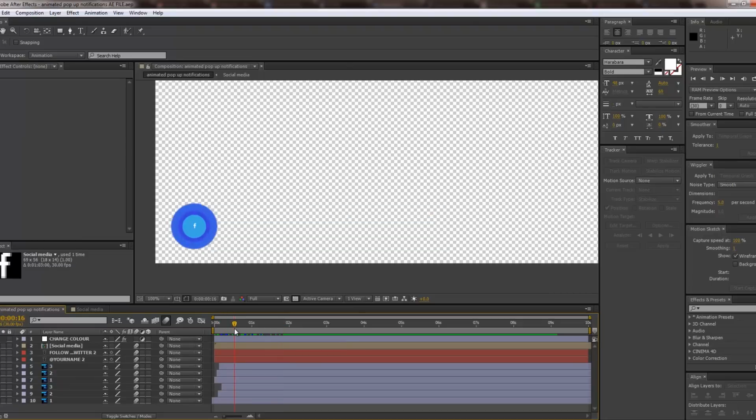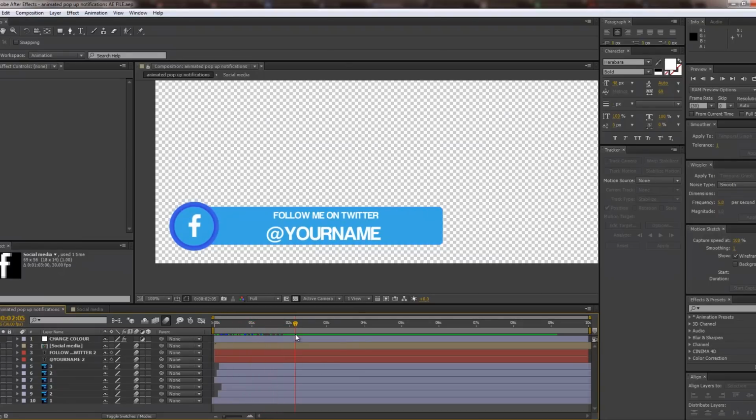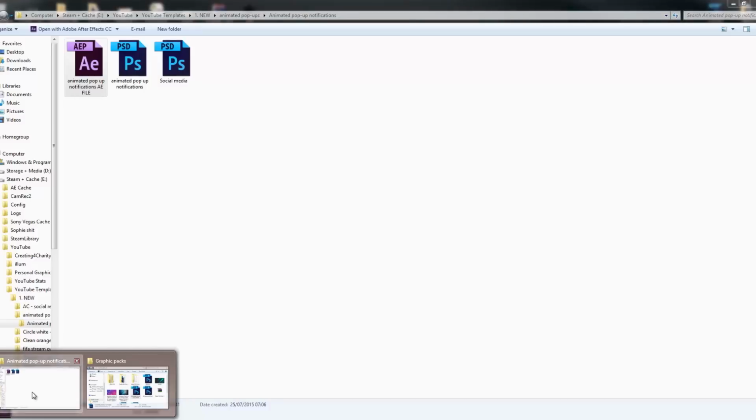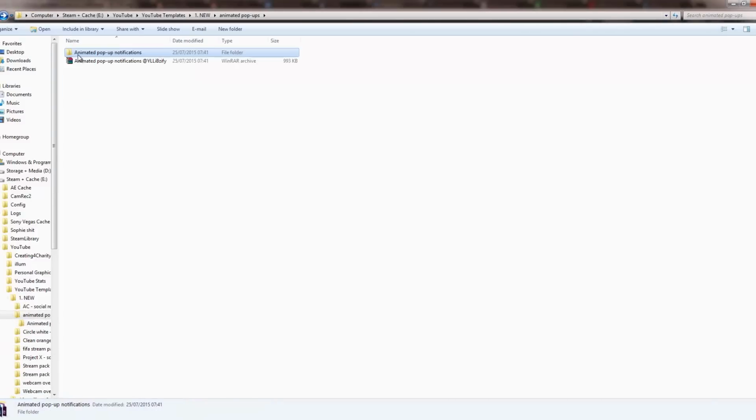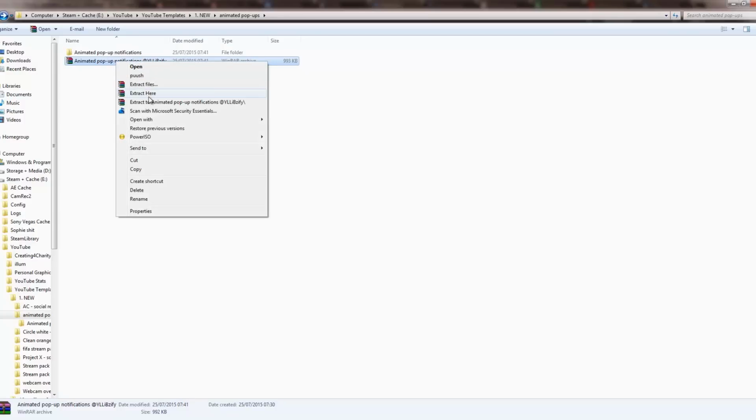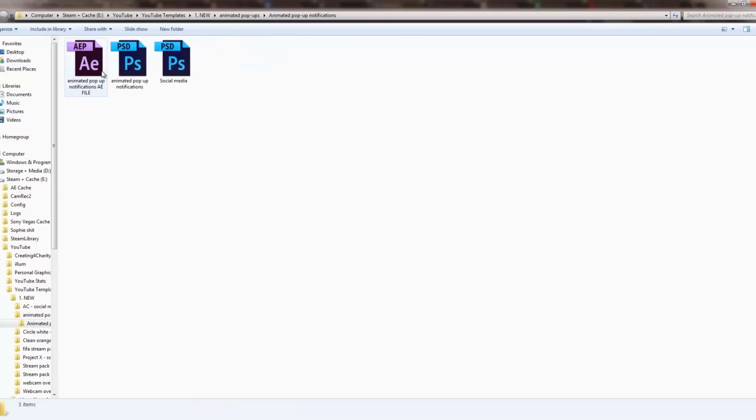As you can see, as you scroll through here, it animates onto the screen. So first of all, I'll show you what files you'll have. You'll be presented with this file when you first download it. All you have to do is download something like WinRAR and then just right click, extract files here, or extract files and then choose the location. So if you go into this folder here, which would be the folder that you get once you've extracted it,